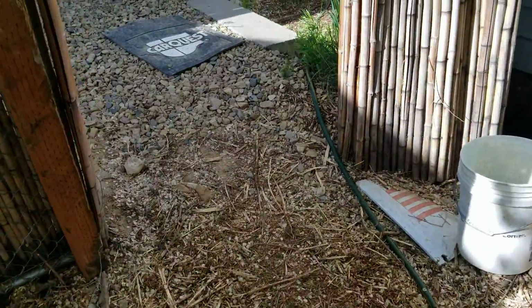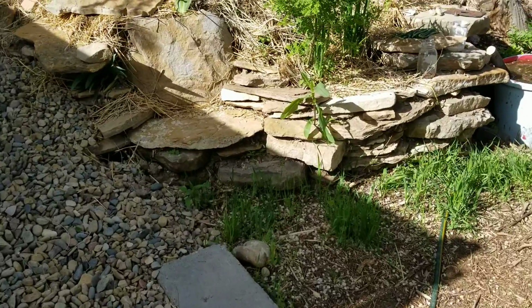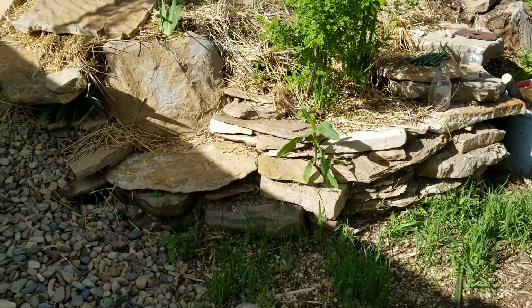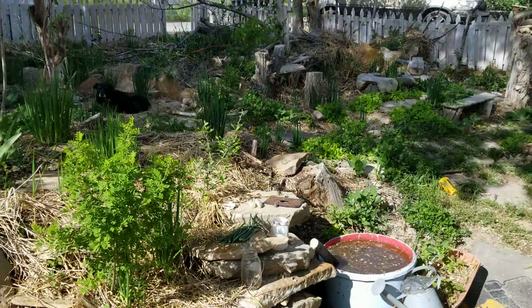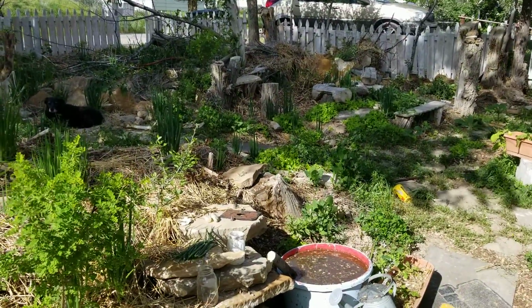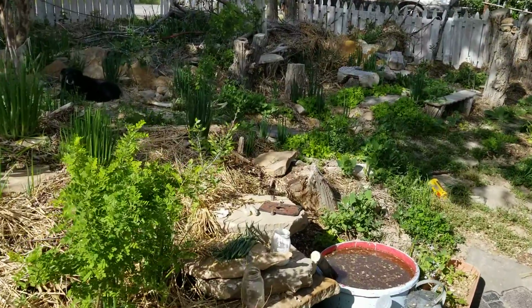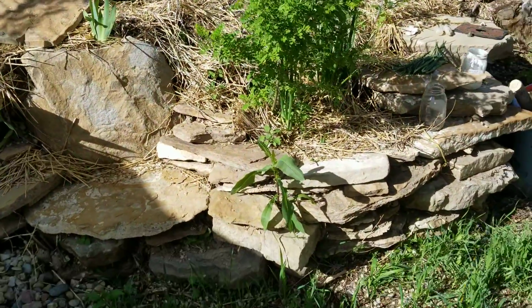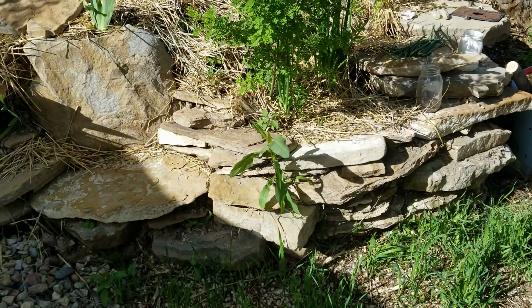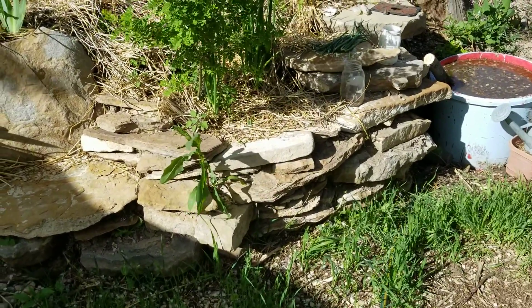I might sell that boat, I don't know. I built this rock wall last year. It's kind of a nice little sitting spot. And I got another nice little sitting spot right over there. That one's partly carved out of logs and partly rock wall built into hugelkultur. I think I'll be building my hugelkulturs more like this and running some kind of a moisture barrier liner between those